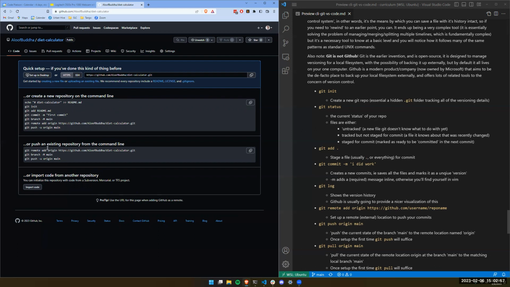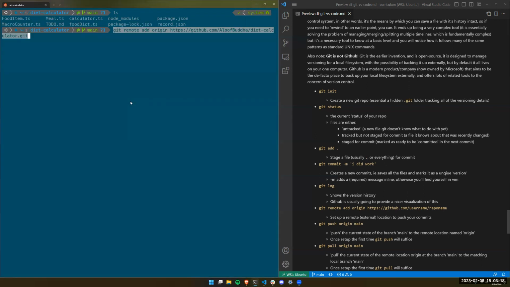But it's telling me a little bit about what to do in order to set it up. So it's saying, assuming you don't have anything yet, but this is my case. I already have a repository. So it's saying first do this command, git remote add origin URL. Okay, so I'm going to copy paste that. I type that in. And so what is this doing?